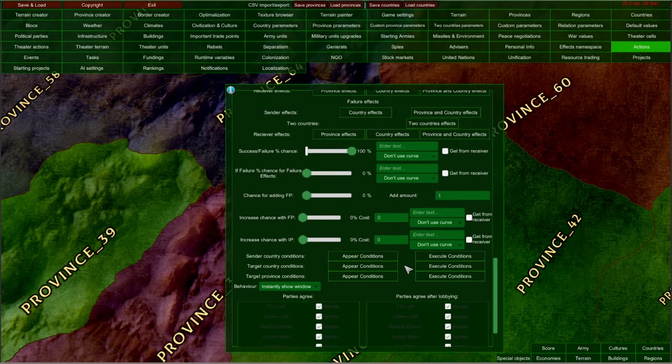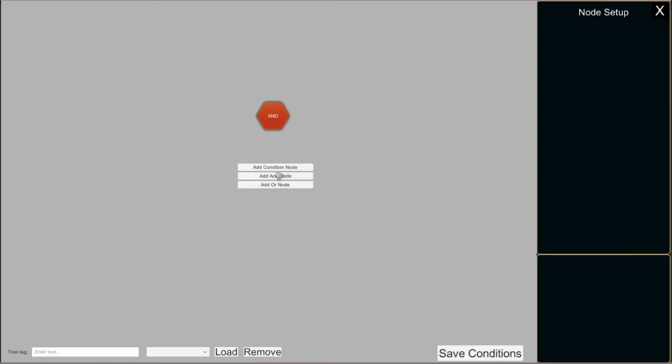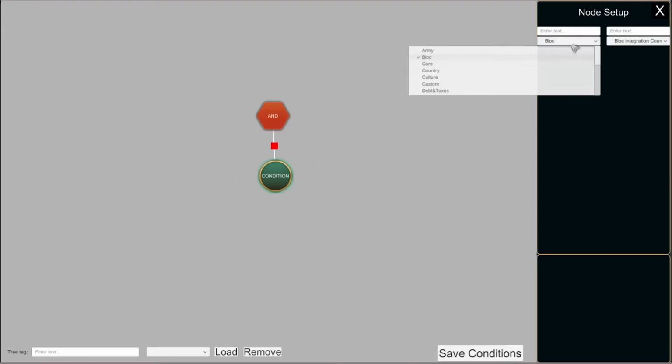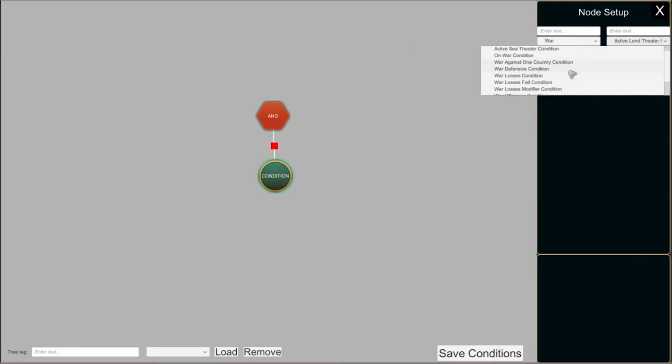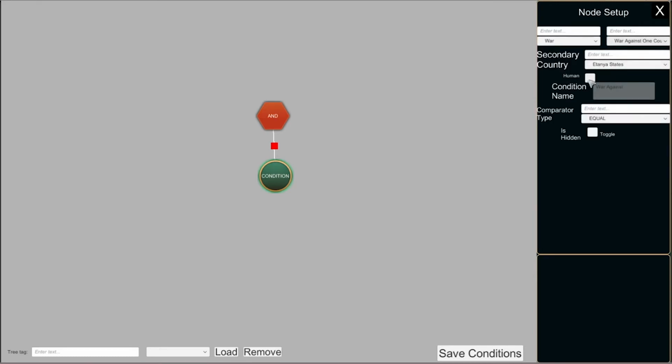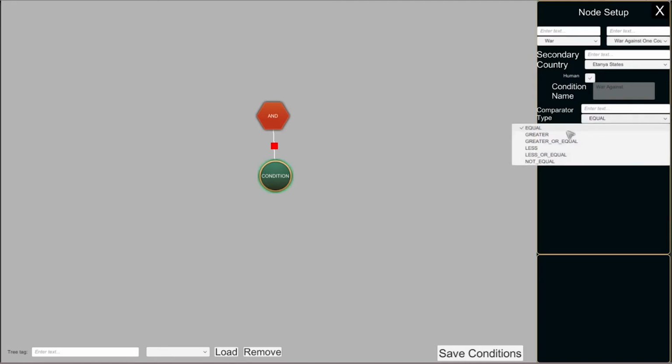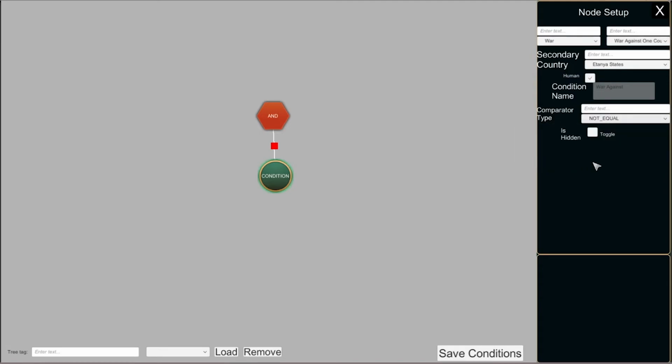So we can, for example, decide that this action will always be visible, so there will be no appear conditions. And here in execute conditions, we can quickly set up a condition which will check whether target country is at war with us. And we should use the war against one country condition and choose the human ticker here and leave it at not equal.